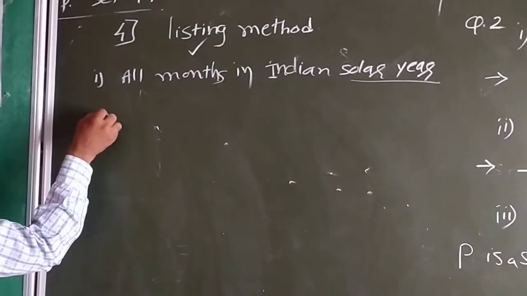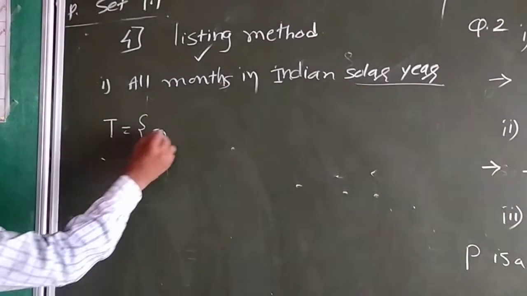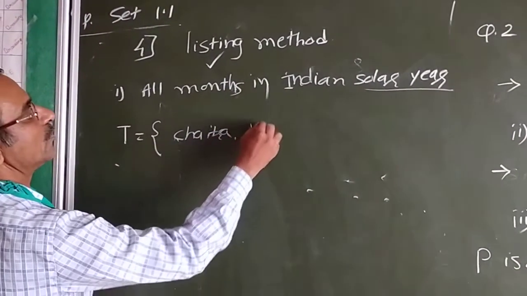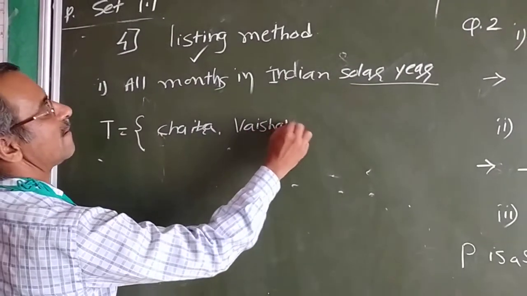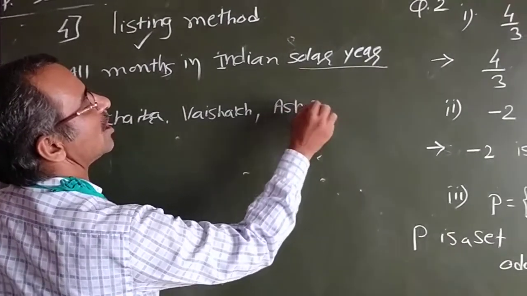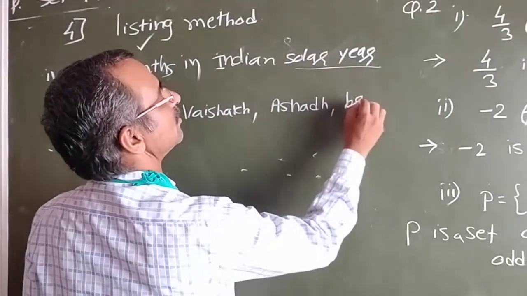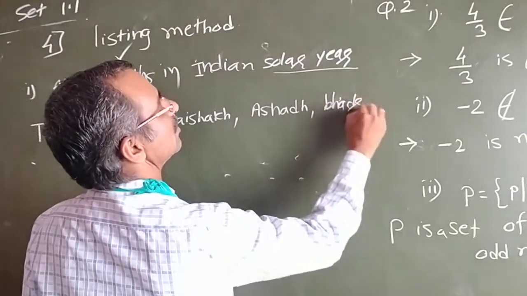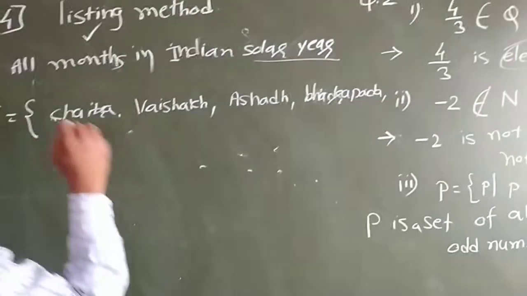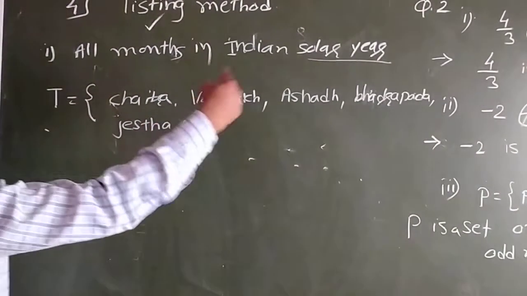I will give it a name, say T equals, which are they? Chaitra, Vaishakh, Jyeshtha, Ashad, Shravan,